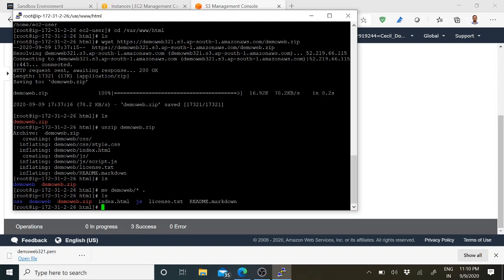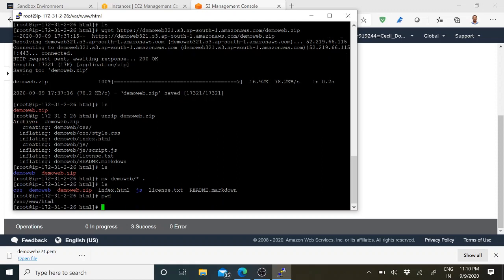Now we have to ensure that we are at the right path. For that, what is the command? It is pwd. Just see, now you can see that the path is correct, that is slash var slash www slash html.